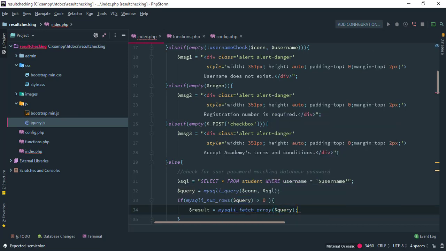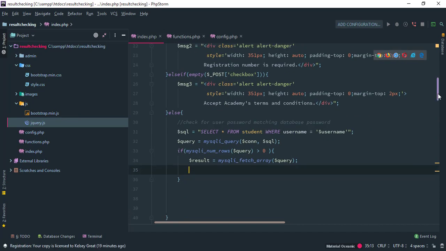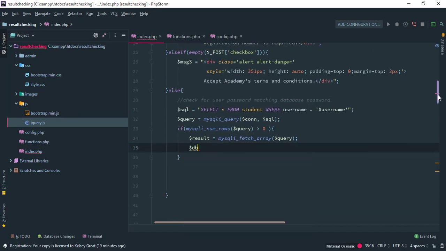Okay, now I want to check first of all for some variables here. The first one to check here is db reg number. But before we log a user in, we want to make sure that the reg number you're entering matches the one we have in the database. So db reg number should be equals to,